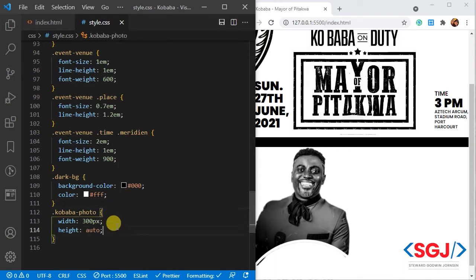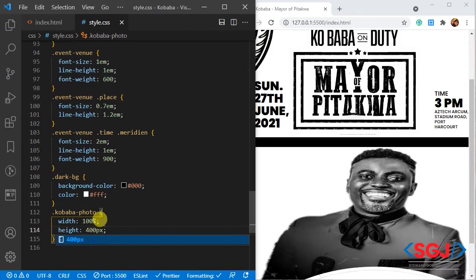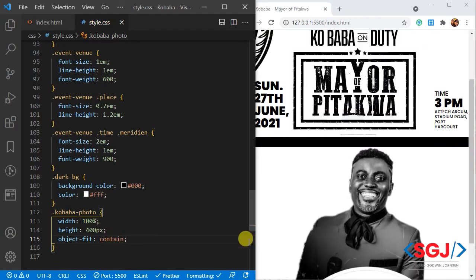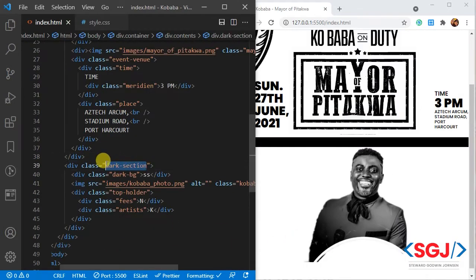Kyobaba is with a height of that. So if we actually say that the width, if we say the width is 100% and that the height is 400 pixel, and we say object fit, and we say contain,